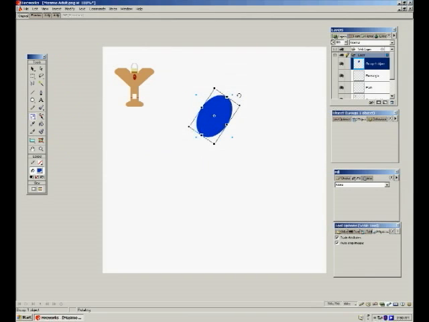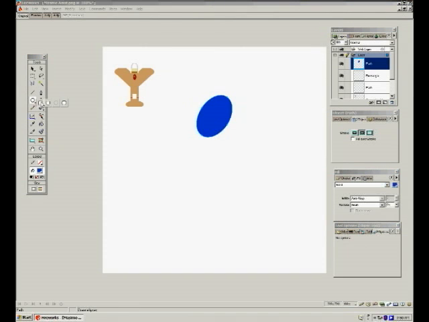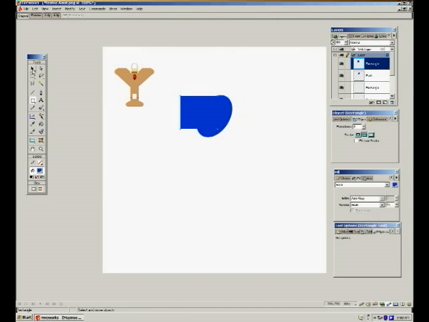Okay. Now I'm going to ungroup it so I can take advantage of some of the other tools. Next thing I want to do is just create this straight edge, and I will do that using a simple square. Okay, and then just move that around so it lines up. Okay. And then the next thing to do is to get this angle here, and I will do that using